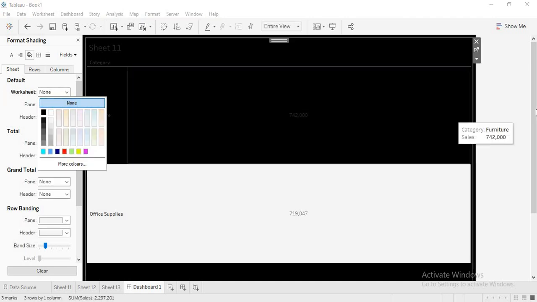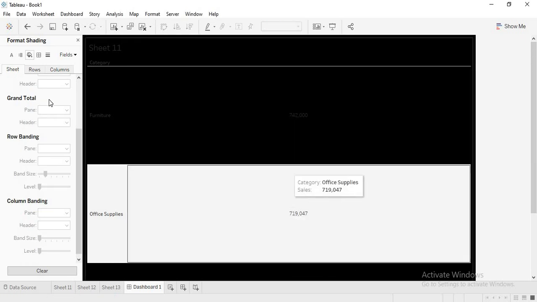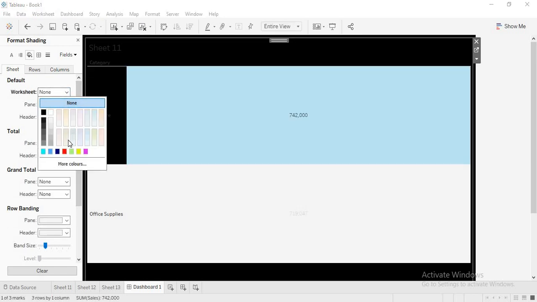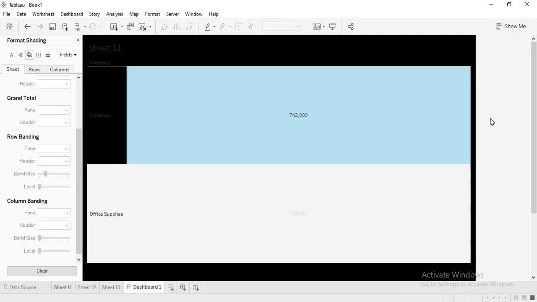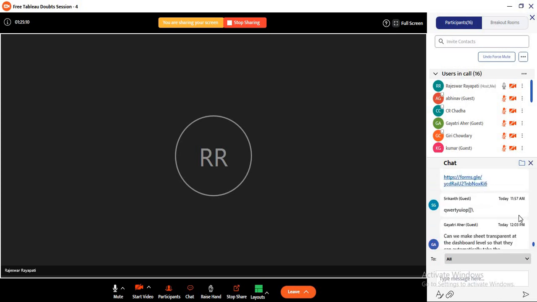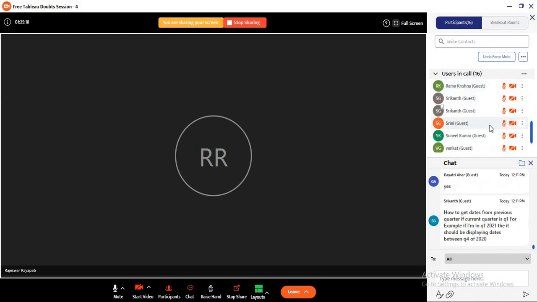Then your sheet will not have any background color. By default it is white, and you can change it to any color that is required, and it will change accordingly. But if you say None, no background color will be there. Did that address your doubt, Gayatri? Any other doubts, guys?